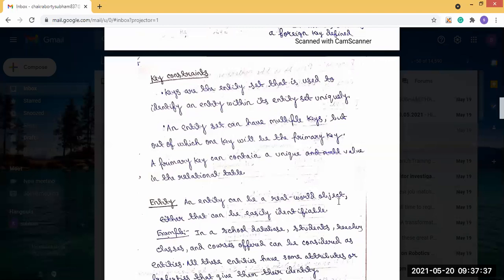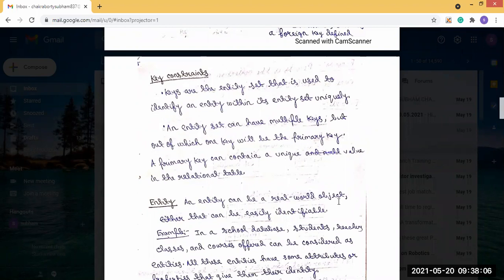A teacher is also present in the school, so it is also a real world object, and a teacher can be an entity. There may be a course, which is also a real world object: the students are enrolled in the course, or the teacher is offering that course. Then the course will also be an entity present in the school database.